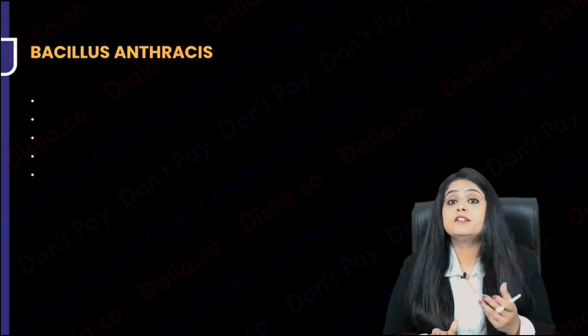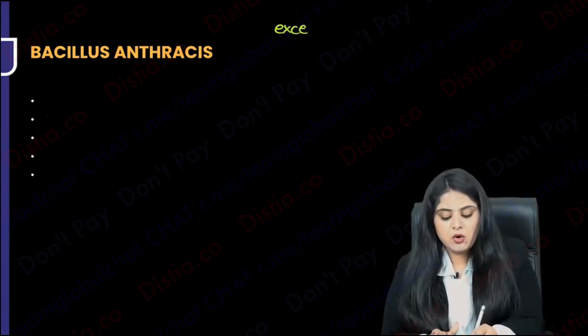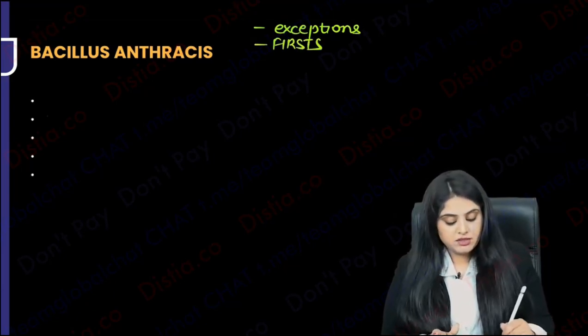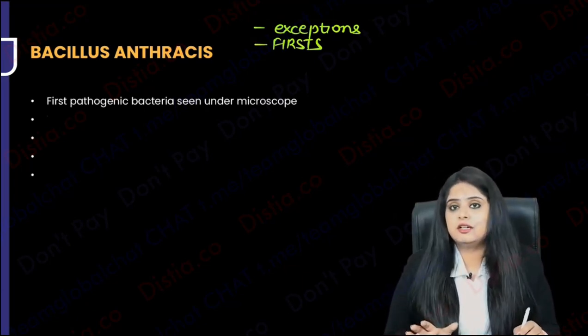Anthracis is said to be the first, like I told you, it's a bacteria of exceptions. It's going to pick up all the exceptions, and it's also going to be something special. It's the first to a lot of things. So please note, if they ask you which was the first organism that was seen, pathogenic organism seen under microscope,